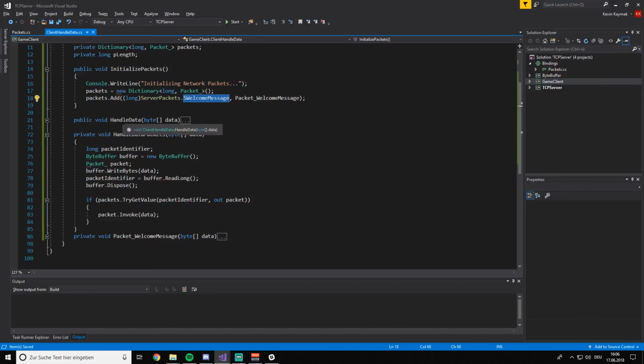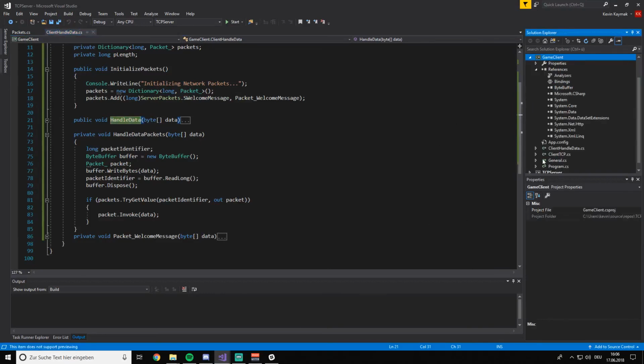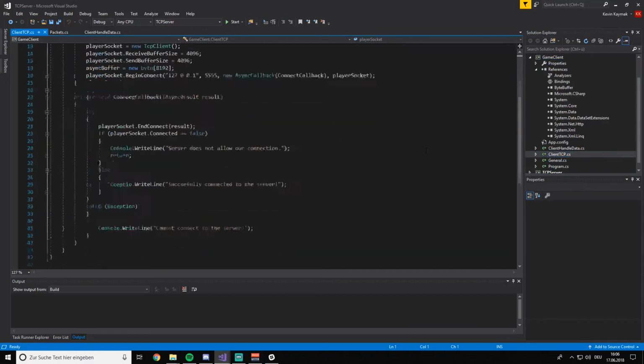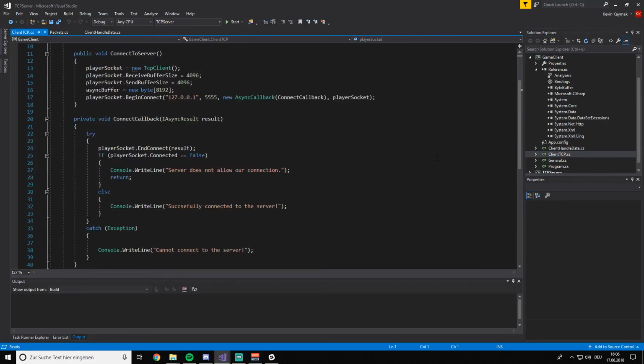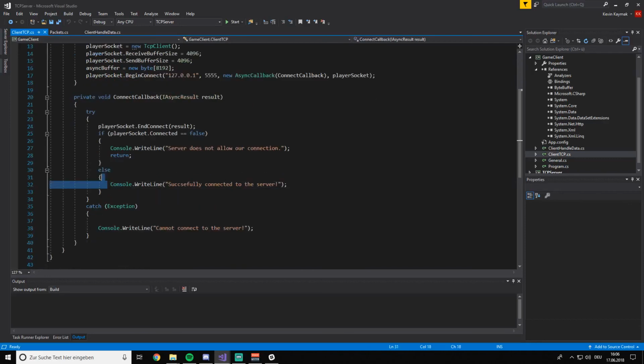Great. Now we just need to assign our handle data where we are receiving the packet with our byte array data. And this is basically in our client TCP. Was it in our client TCP? Yeah. Okay, we didn't cover that yet, so we are going to do that. So basically, as you remember from the first episode, we did a successfully connected to the server. We are going to remove that now. What we are going to do now is basically,